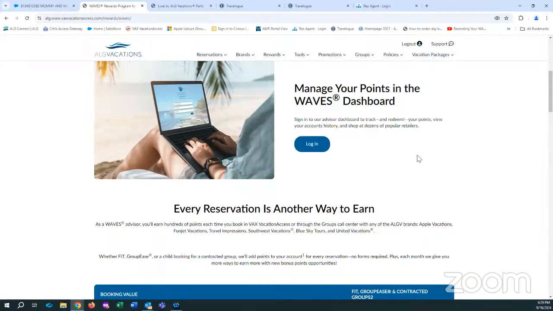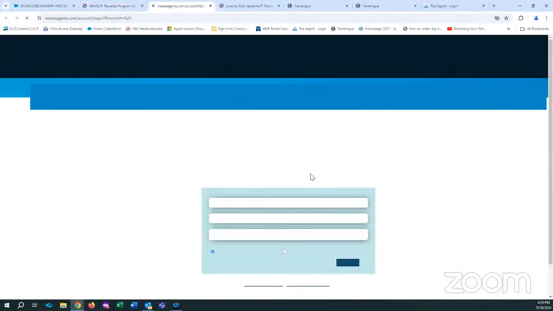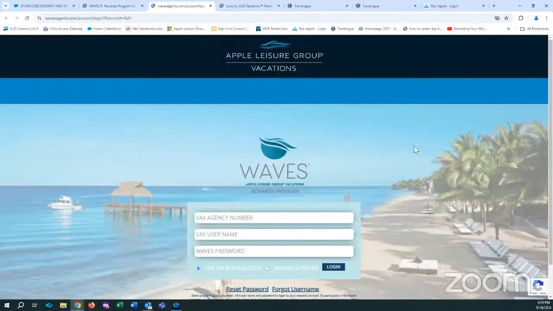It won't say John. It won't say ALG Vacations. It won't say Apple Vacations. It'll probably say Wave something. And if you didn't know what it was, or maybe you thought it was something from a cruise line, maybe it went into your spam folder. So you need to make sure. What you can do is click on that. It will take you to the third party entity that works this for us.